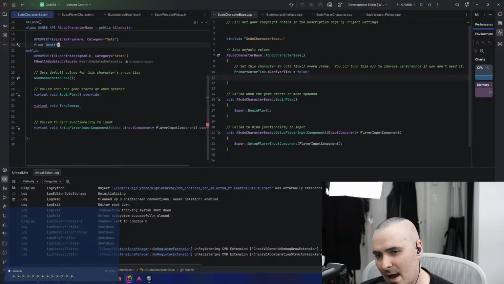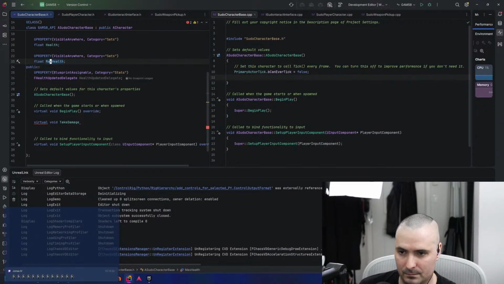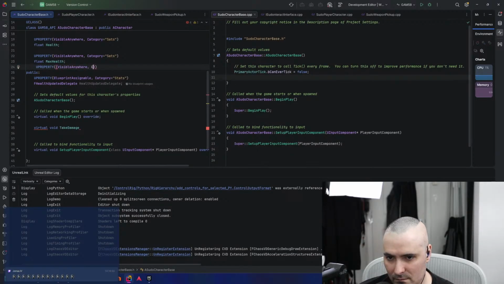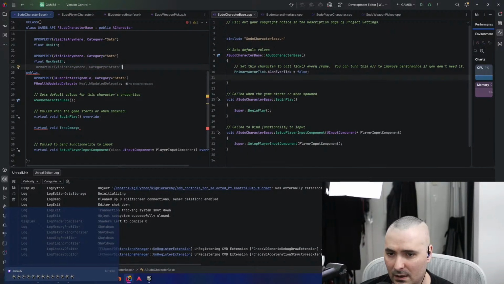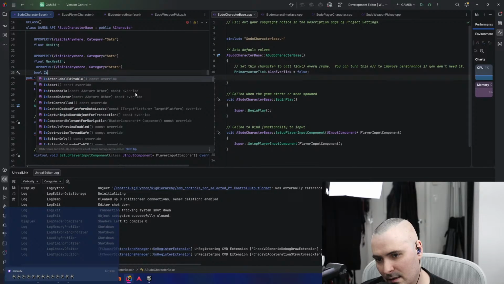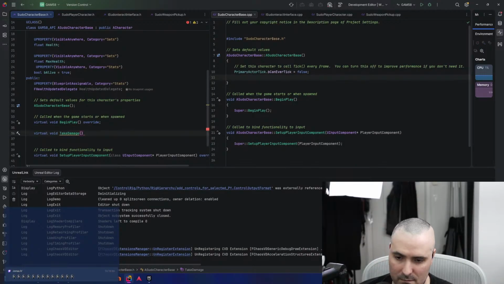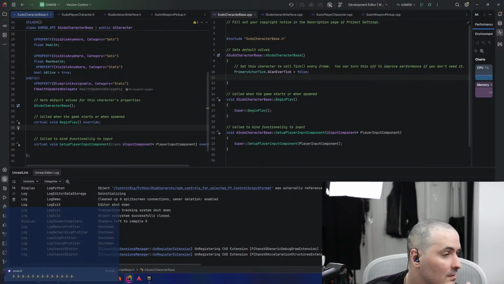We also need a max health. Will be a bool.